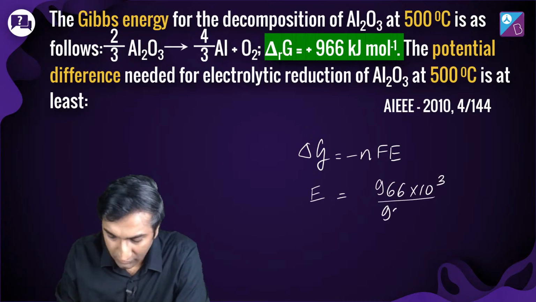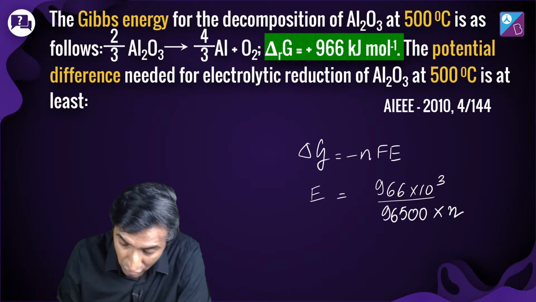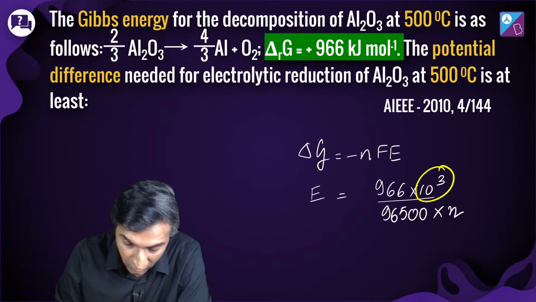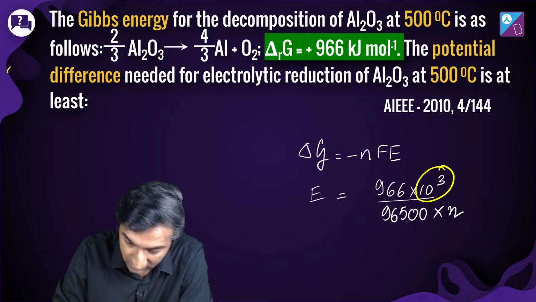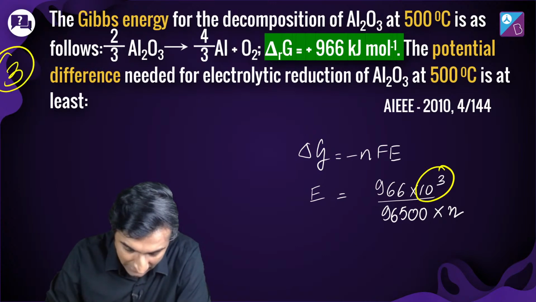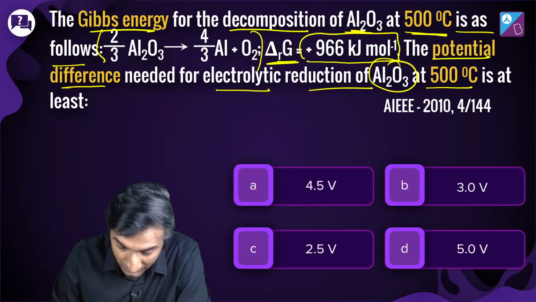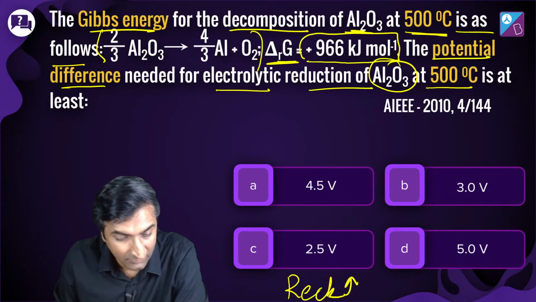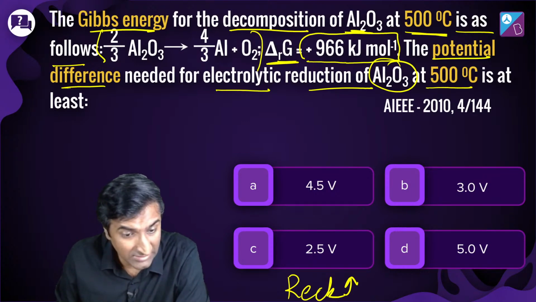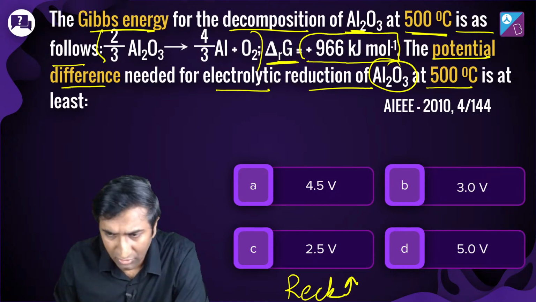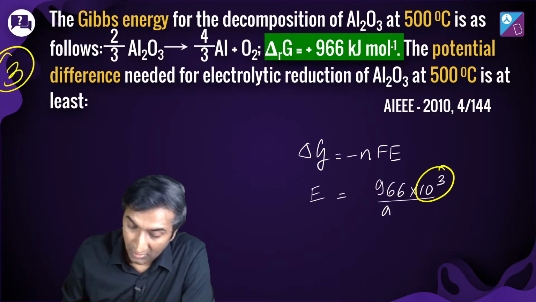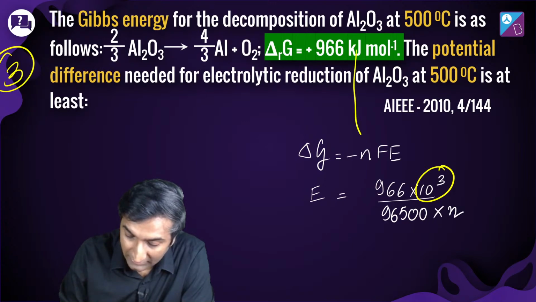So substitute. Make sure you add the 10 power 3 kilojoule. Rec is saying 3. Sweet, 3, you mean option number 3, which means 2.5. Rec is on fire. Thank you for that answer. Beautiful. Do you think 3 as well, or are you saying something else? Tell me, what's on your mind? Anyway, make sure you put in this 10 power 3 kilojoule.